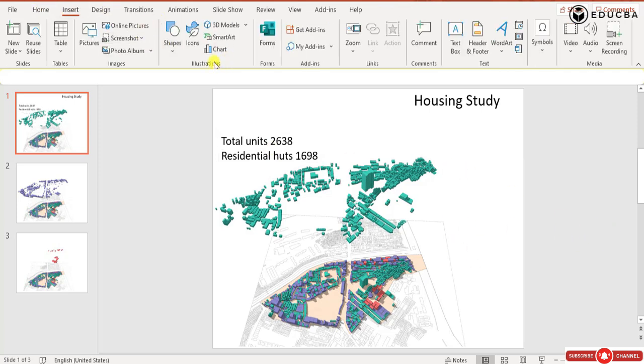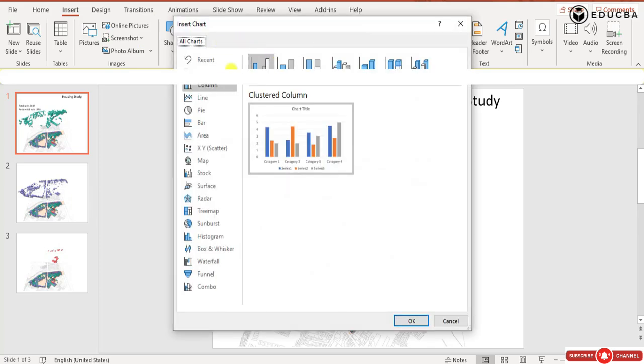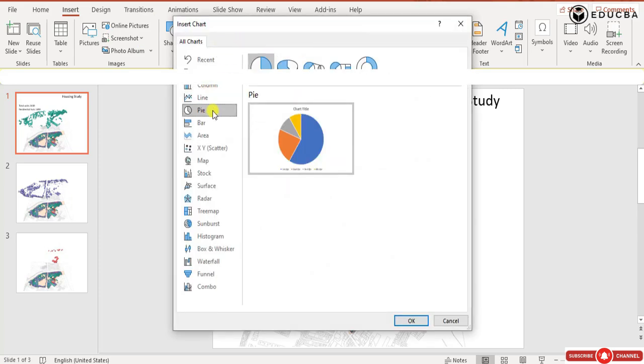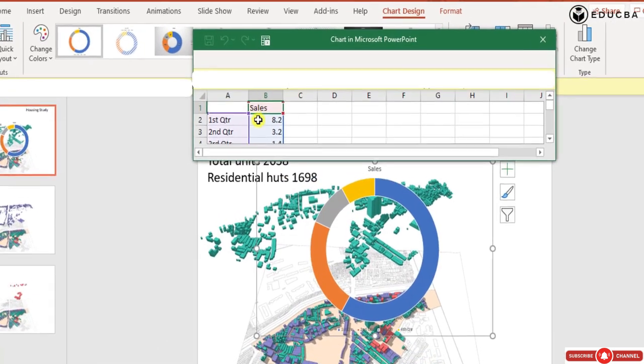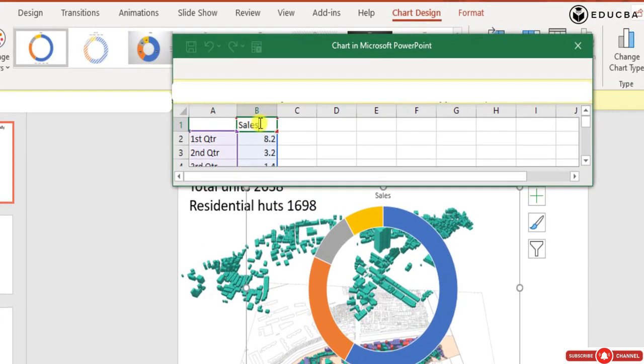So now go towards chart, pie chart, from which I'm selecting this one for the presentation purpose. I'm taking this chart style in which you have to put the numbers. So I'm saying units,